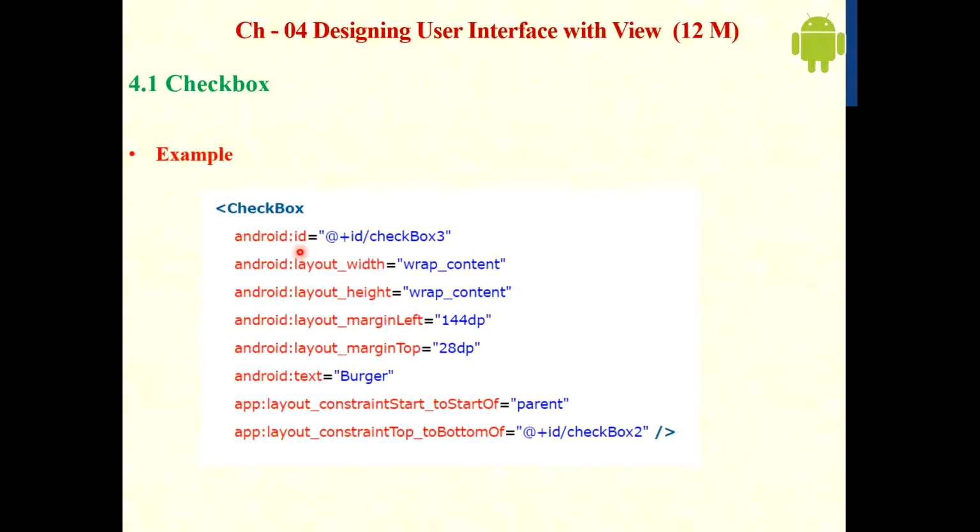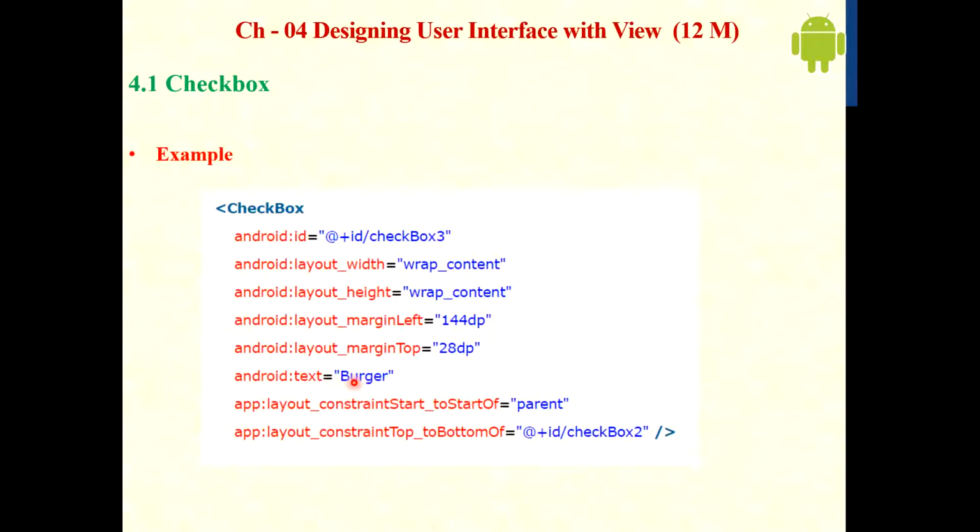First attribute is ID. Inside ID we specify the name of the component, that we use in the Java program. Second is width, third one height, then margin left, margin top, then text is burger. So what is text?